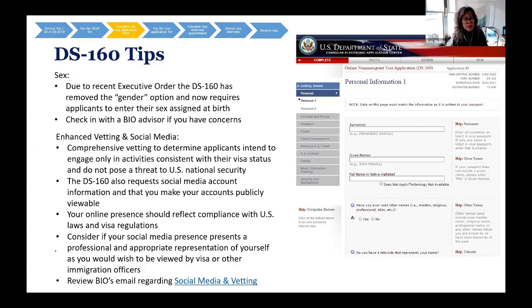The DS-160 requests social media account information, and they also request that you make your accounts publicly viewable. Just be aware that this is going to be part of the review of your application. If your account is not set to public, it may delay your visa application. You may be requested to make it public. It's really up to you how you choose to proceed, but be aware this is just now part of the